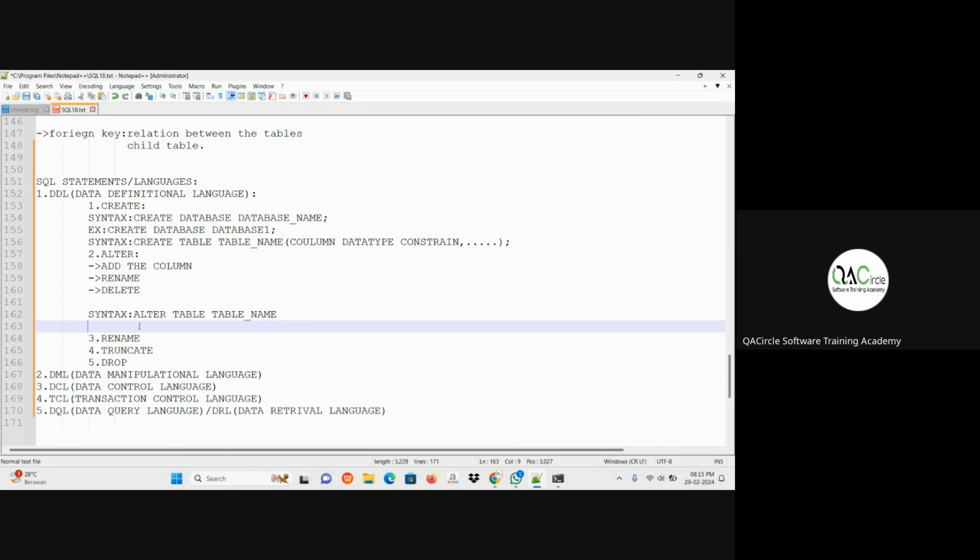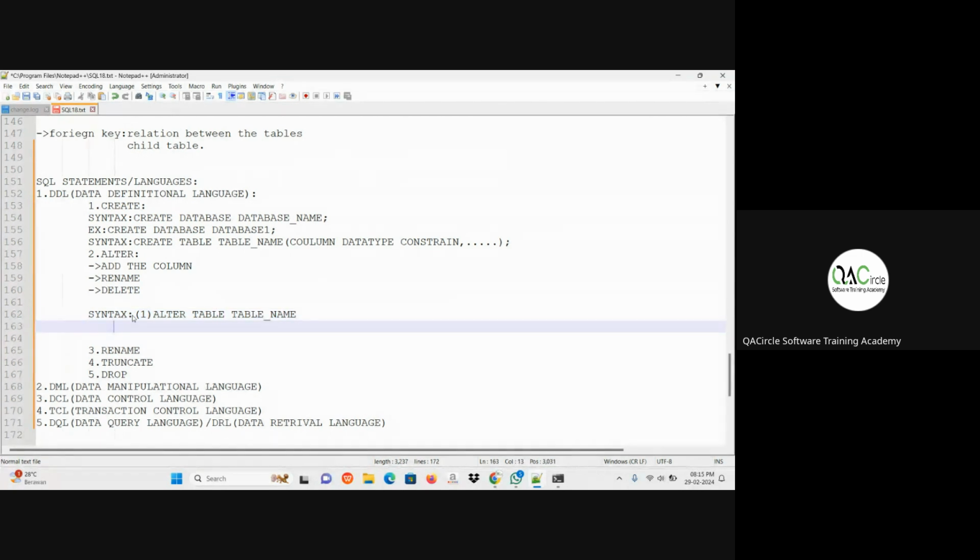For example, I'll take the first activity we can do: add. We can add a column to the table. For that, add is the statement.